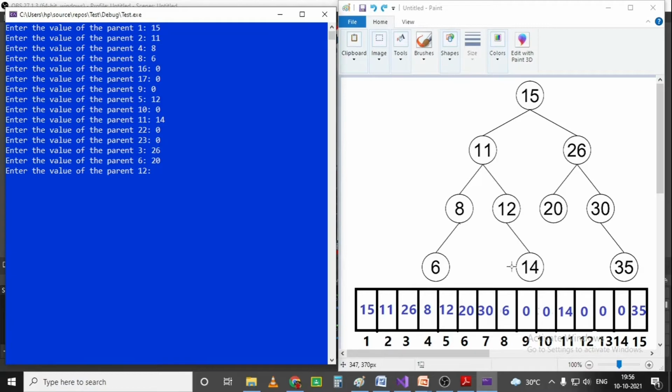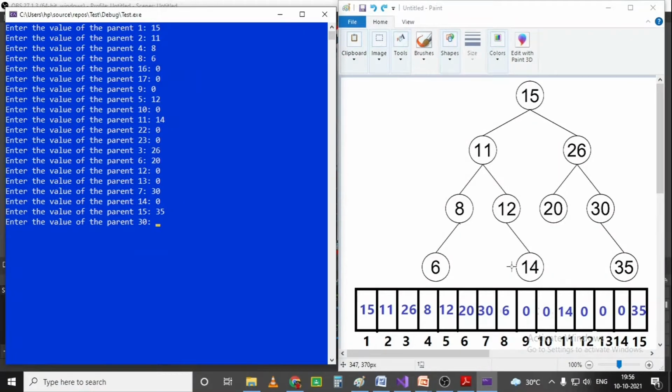Index 12, 0. Index 13, 0. Index 7, 30. Index 14, 15, 35. 30, 0. 31, 0. So the output shows the traversal.